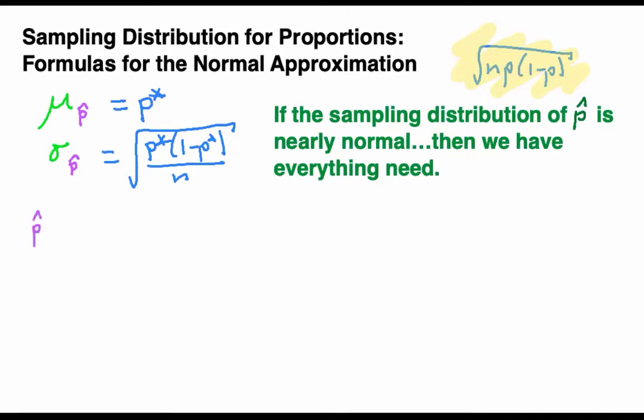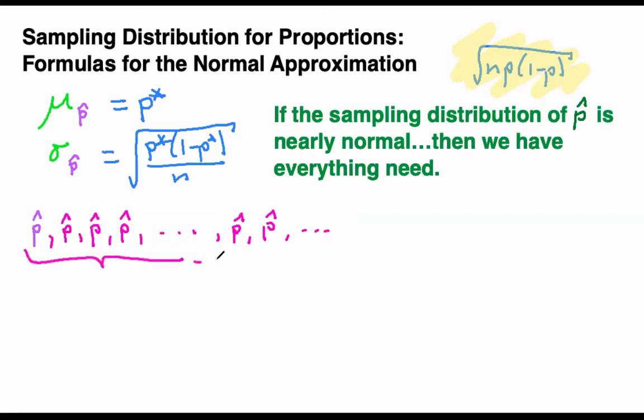When we get a sample, we get one single sample. That's usually the world we live in. But I want us to imagine for a second that we could get sample after sample after sample after sample. We just keep doing this again and again. In fact, you could even think about getting infinitely many samples. If I'm looking at all of these possible p hats, and if all of these are normally distributed,